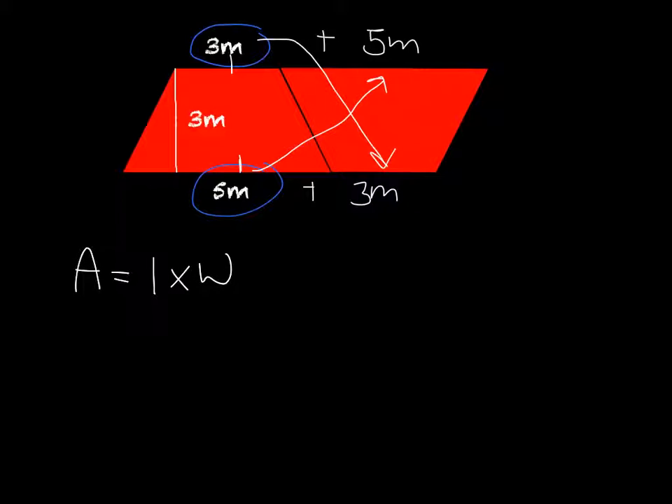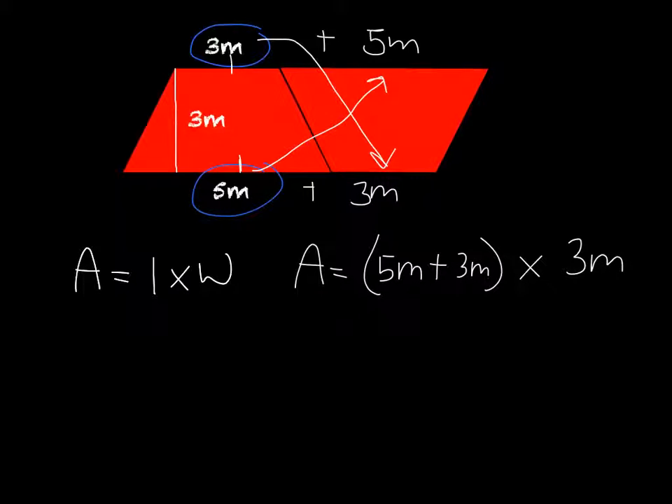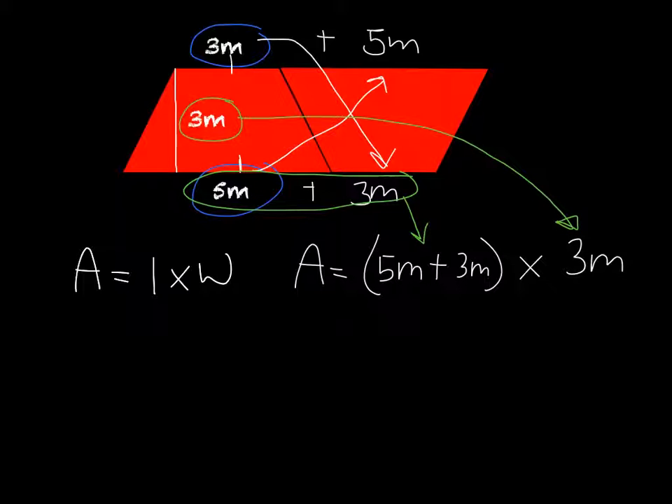So in this particular case, the area of my parallelogram equals 5 meters plus 3 meters, because that combines to give me the length of the base, times the width, which is 3 meters. For anybody who's having any difficulty following that, take a look. Here's my base, and that brings me here, and here is my width, that brings me here. So how does that work out? Well, it works out to area equals 8 meters times 3 meters. Area equals